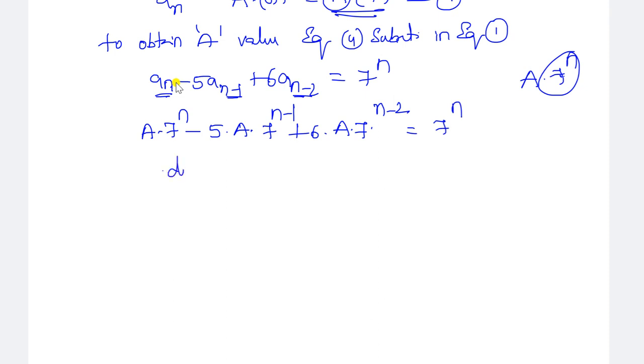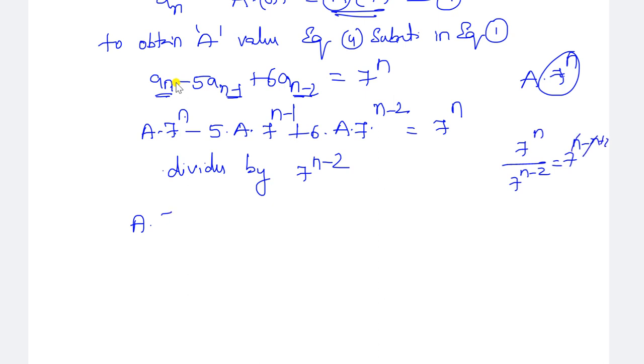Now divide by the smallest one, 7 to the power of n minus 2, so both sides it is better to divide by 7 to the power of n minus 2. After that we get a into 7 to the power of n by 7 to the power of n minus 2, that means n minus 2 plus 2, cancel, 7 square, so here we got 7 square minus 5a